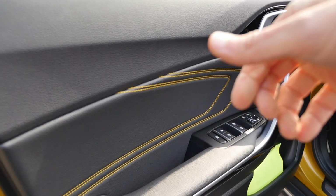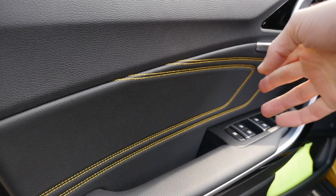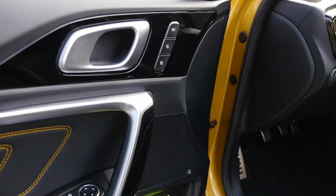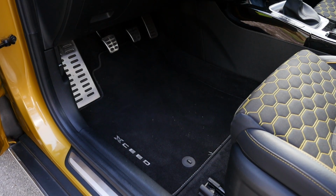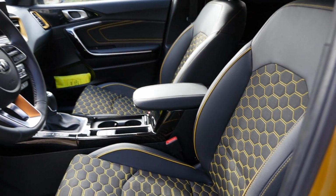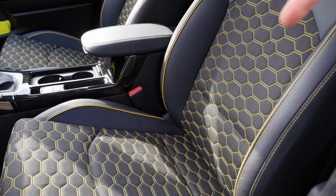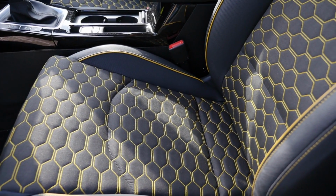Then the interior, soft touch here at the inside of the doors, also leather here and the inside there, so good build quality. Everything very solid here. Memory seat with 2 saving spots, XCeed floor mats, aluminum pedals. You can get pure fabric seats or these fabric leather mix, so the leather on the outside, fabric on the inside. Here also with a special edition,